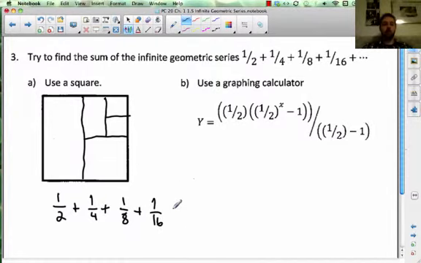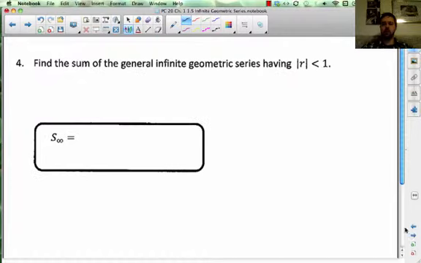Okay, keep going for a few more terms. See if it gets you anywhere, or what number you start moving towards. Here's the equation. Find the general sum. Find the sum of the general infinite geometric series having an absolute value of r that is less than 1. And if we start with term 1,